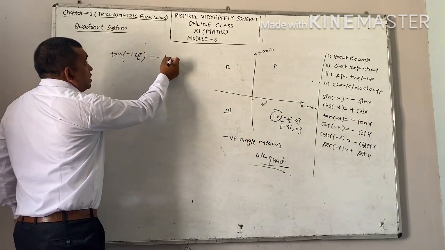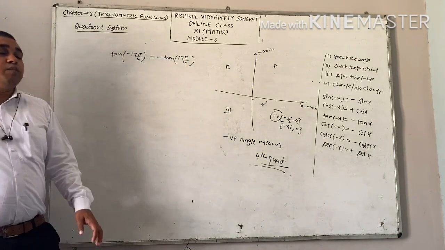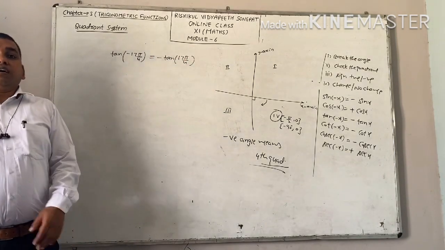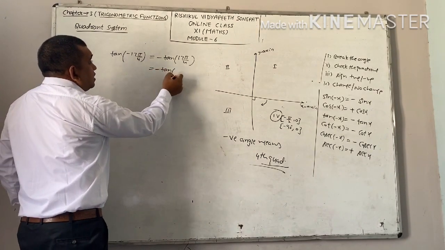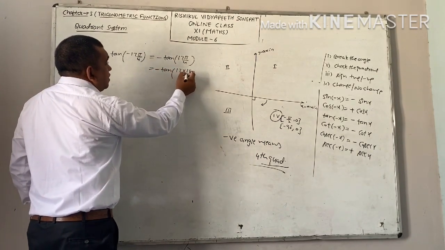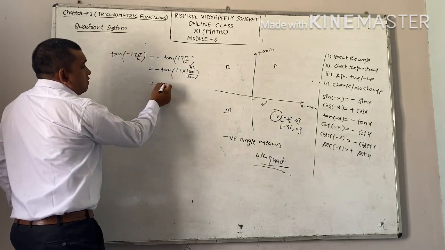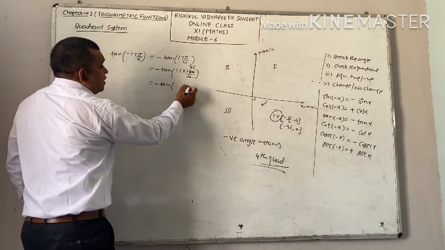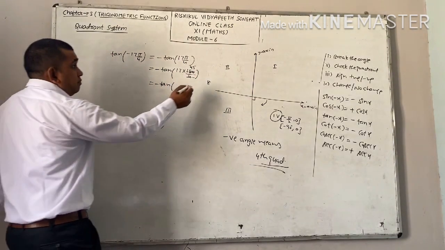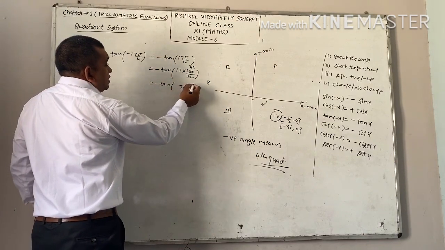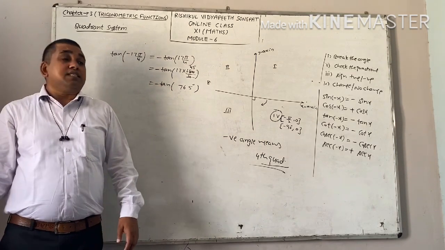Negative will come outside. Now you can easily find out the value of tangent 17 pi by 4 and you will get the answer. See here, tangent 17 pi, pi is 180, 180 by 4, this is your 45. Simplify this one: 17 into 45 is 765 degrees. And you can easily find out the value of tangent